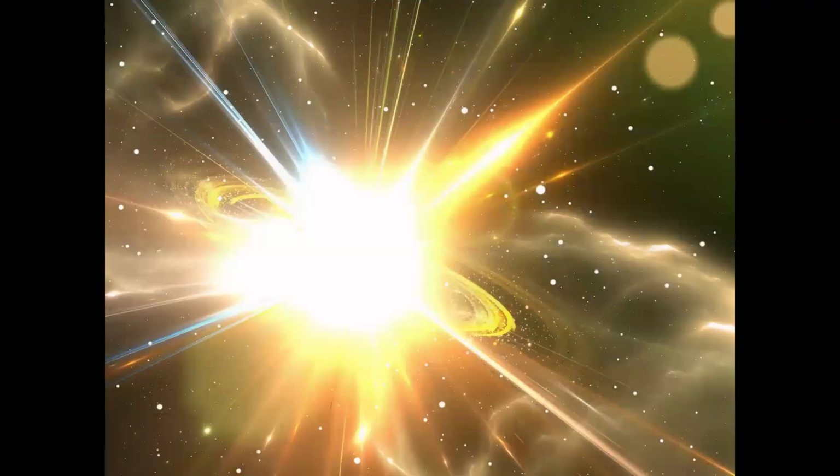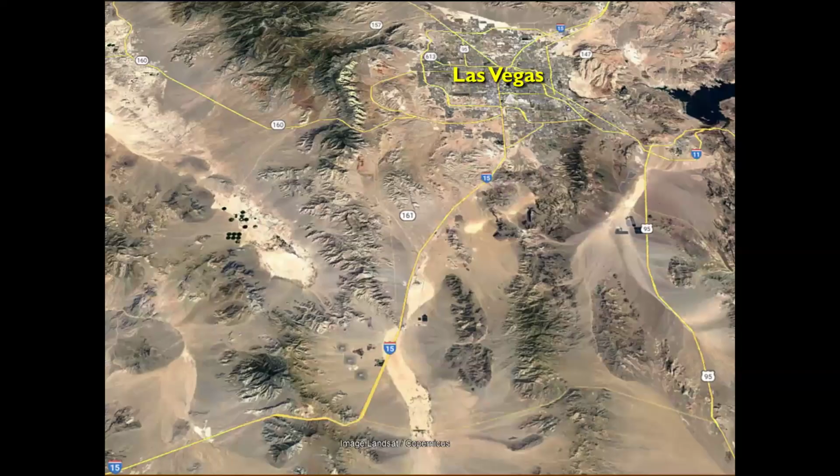Now, the other things that are preserved in our rock record are basically not derived from ancient ecosystems, but they are derived from the way the planet itself formed when the solar system came to be. And you can see an example of this next time you drive out to Las Vegas. For those of you who have been to Las Vegas, you see it up there at the top of the